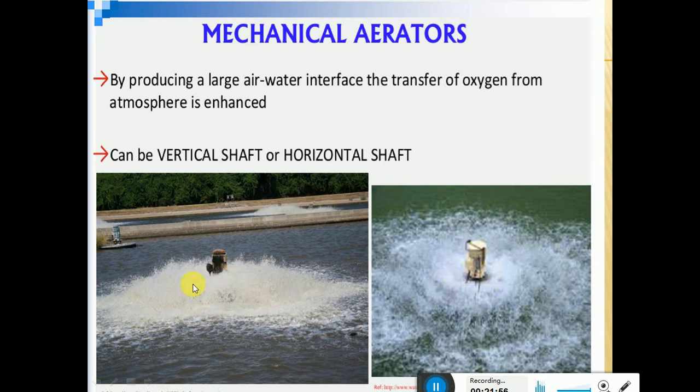You can see the aerator which is working here, it will be fixed at regular intervals in a stream of water in open tanks like this. This is called the aerator tank, and when it is put into action, this aerator will create turbulence in the water, and because of the turbulence the water and air will be mixed and the process of aeration occurs. Based on our requirement, economic conditions, the volume of water which is to be treated, and the availability of resources like the power requirements and the air requirements, any one type of aerator can be adopted in the treatment of water.